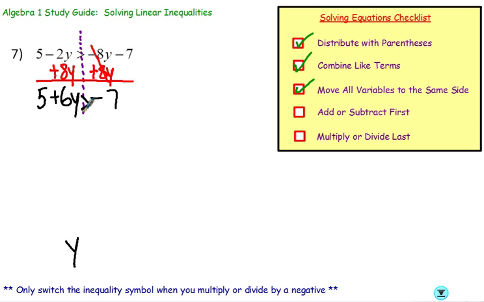All right, let's get rid of this positive 5. The opposite of a plus 5 would be a minus 5. We want those things to eliminate. So what we do to one, we shall do to another. So 6y greater than,